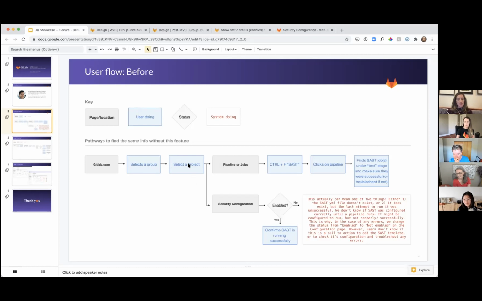Alternatively, you could go to the project's security configuration page. If the scan type says enabled, that's a confirmation that the scanner is running successfully. However, if it says not enabled, as I mentioned before, this can mean one of two things. Either one, the SAST YAML file does not exist in that project, and the call to action there would be to add the SAST YAML file if